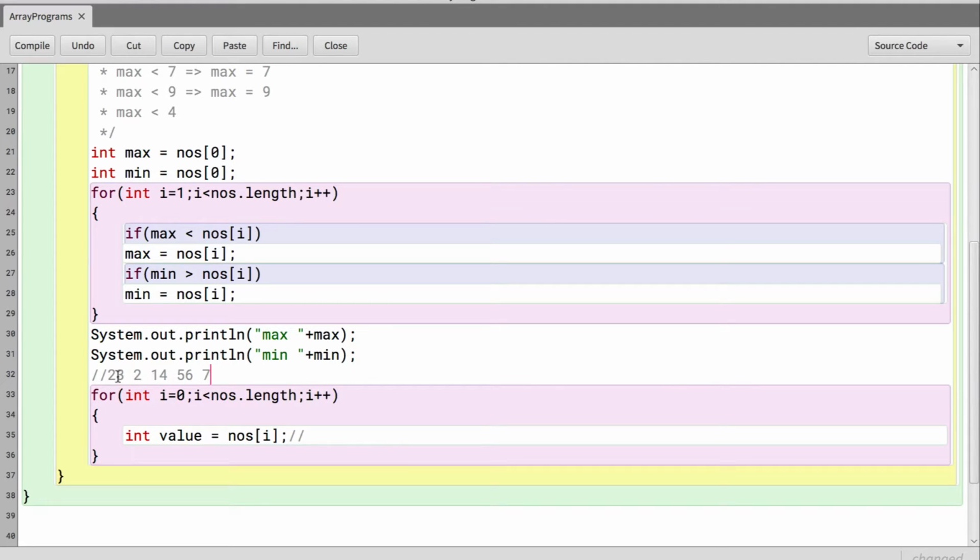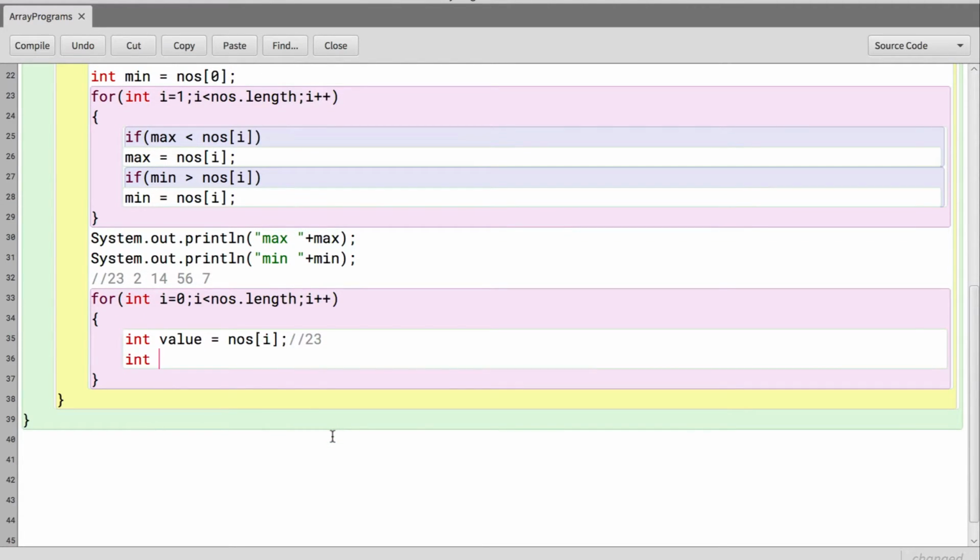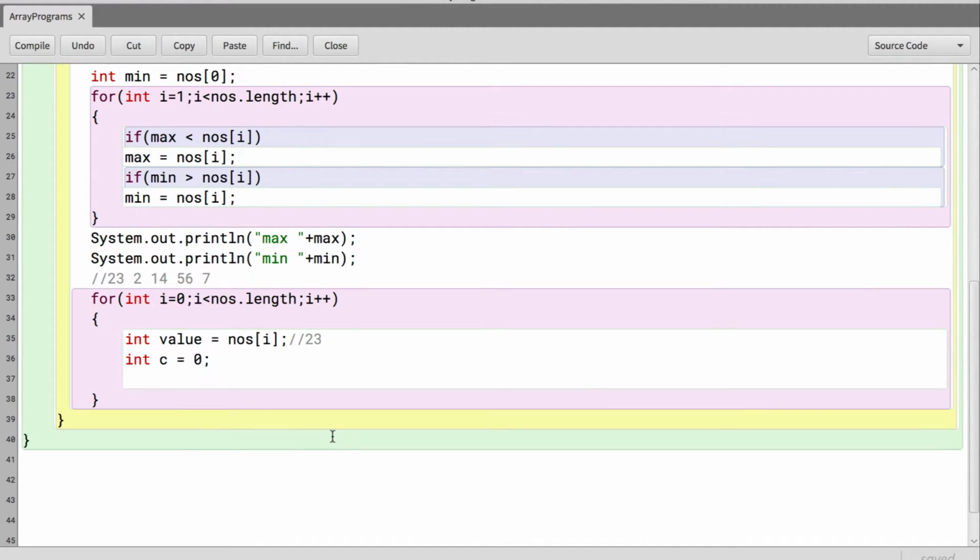So we know 23 is prime, 2 is prime and 7 is prime. So the first value that comes over here is 23. We have to find whether 23 is prime or not. So the normal prime number logic will have a count variable initialized to 0. We'll have a loop which starts from 1, which goes till the value,